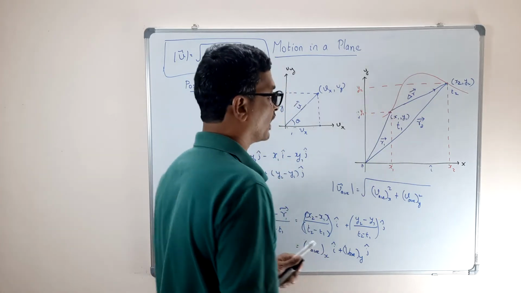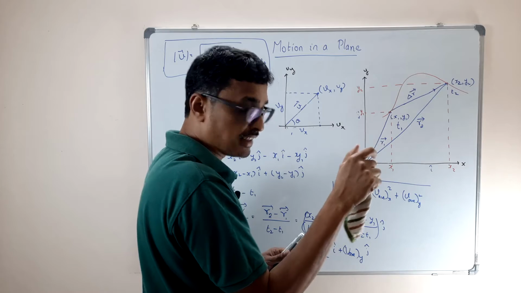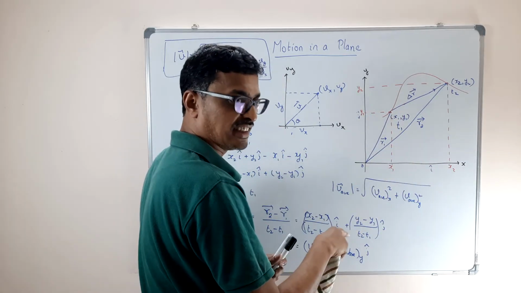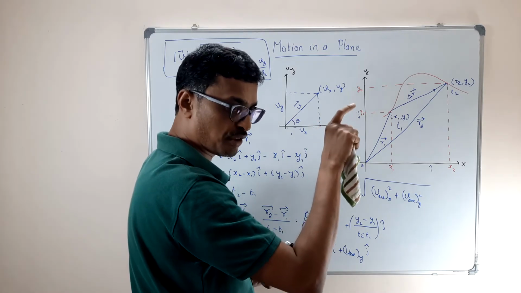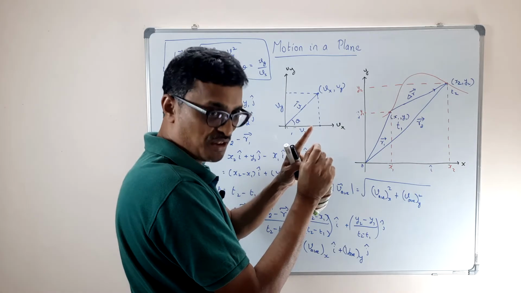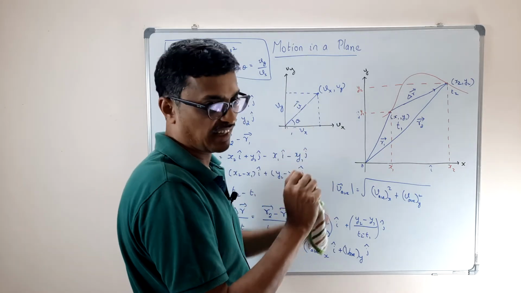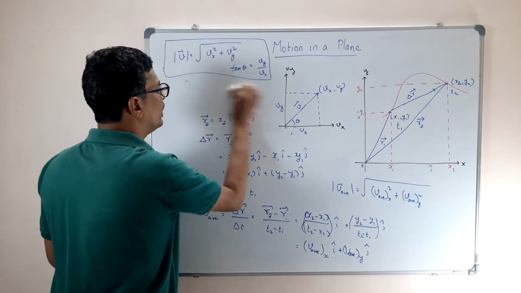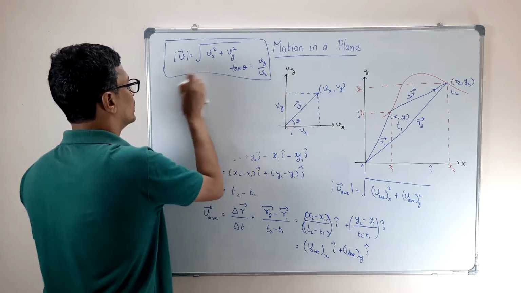Something like that we did earlier in the rectilinear motion. When delta t becomes 0, then it becomes the instantaneous velocity. Okay. So similarly, from here, I can write the instantaneous velocity as,